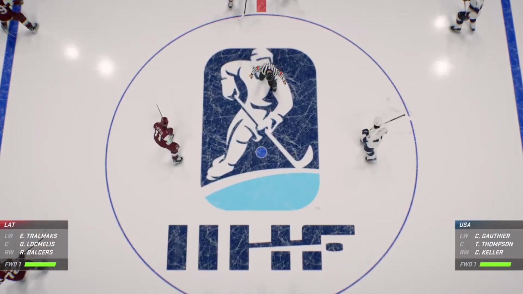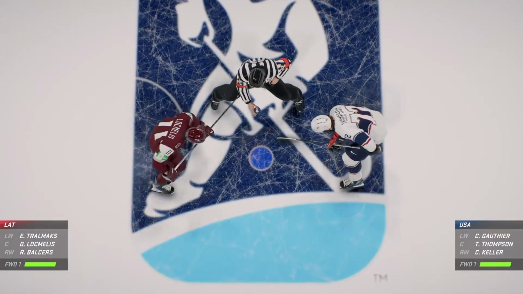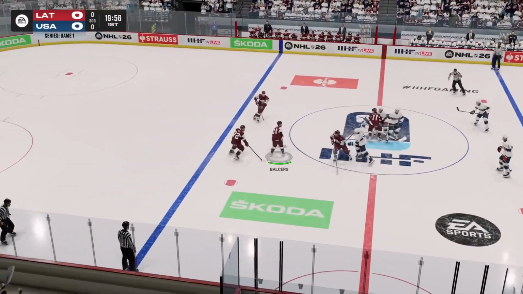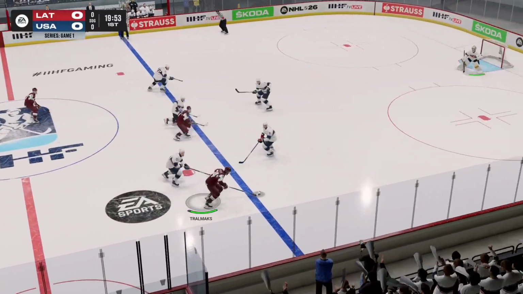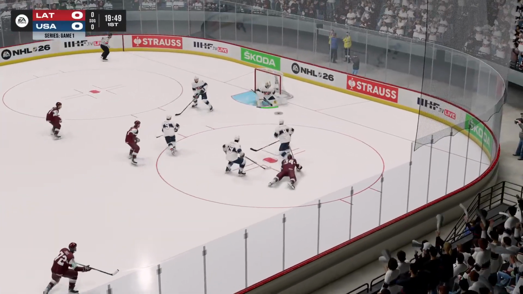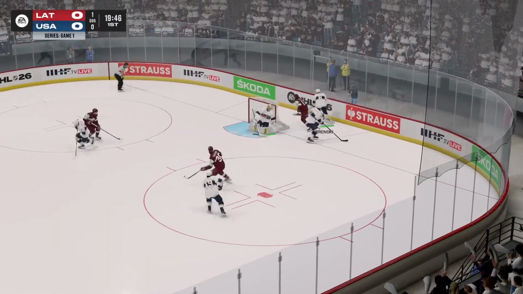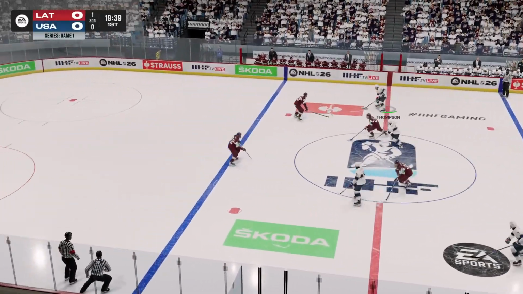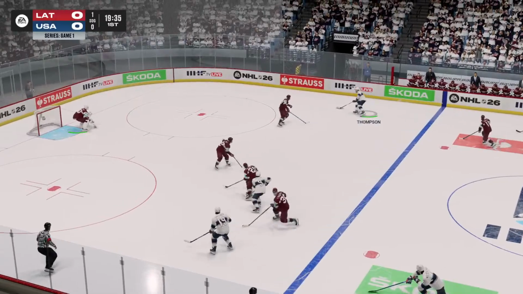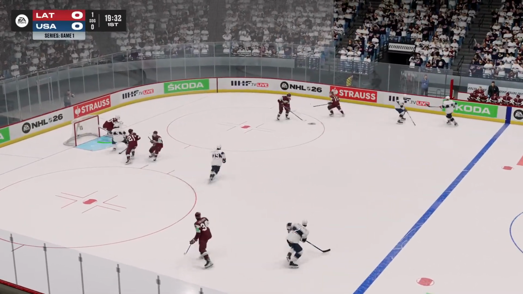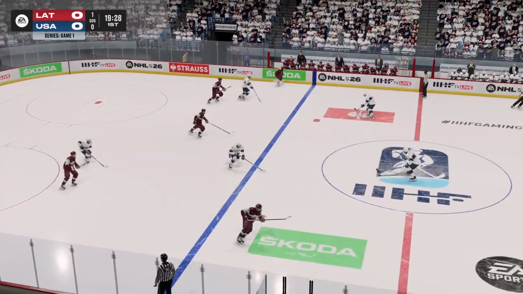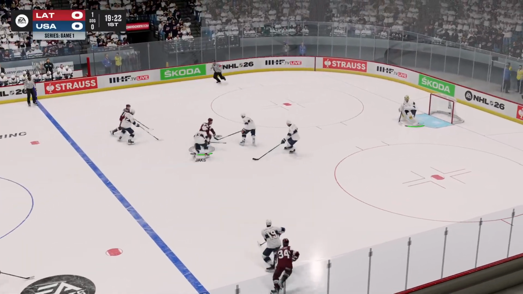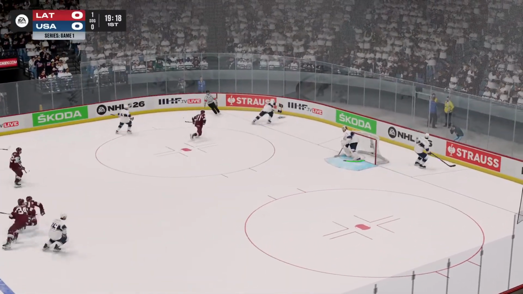Pool play is over. We now hit the elimination rounds. It's the quarterfinal between Team Latvia and Team USA, and we are underway here in a one-game quarterfinal to try to move on to the semi. Team Canada, with an upset loss against the Czechia team, will await the winner of this one between Latvia and the United States. United States favorites in this game as they have been all tournament long.